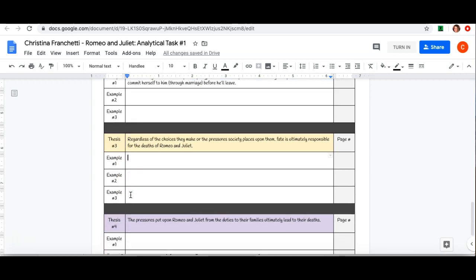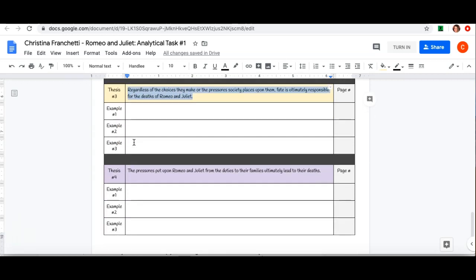Now, thesis statement number 3 says regardless of the choices they make or the pressure society places on them, fate is ultimately responsible for their deaths. So, a perfect example of fate is the day that Romeo and Juliet get married, is the day that Tybalt decides to challenge Romeo to a duel, which leads to his death and leads